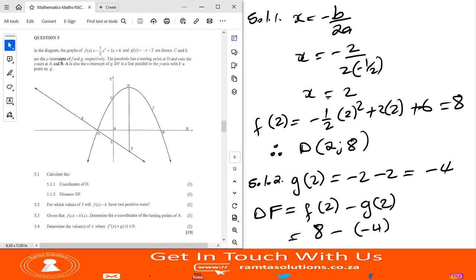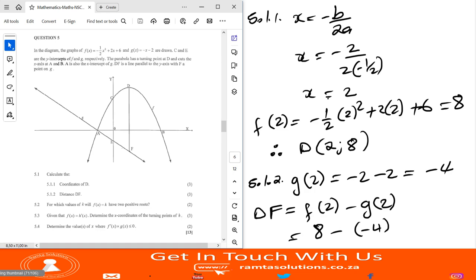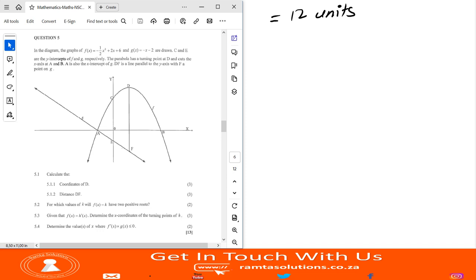So DF is equal to 12 units. I'm saying this because you have a calculator. You don't have to do it step by step, but if you like, you can say this is 8 plus 4, which is 12 units. Perfect. Now proceeding,